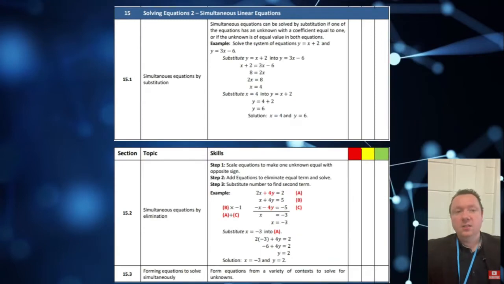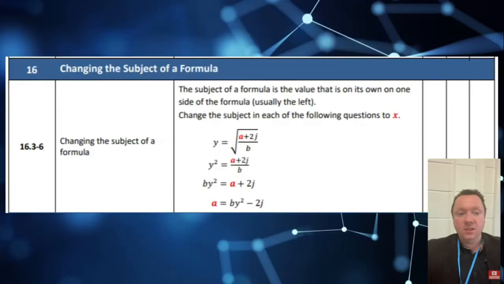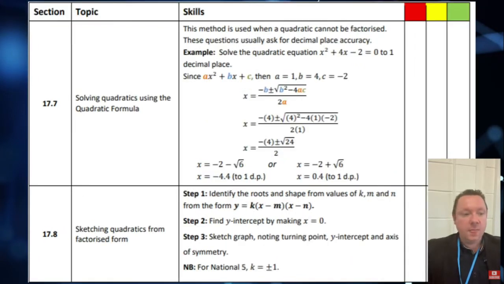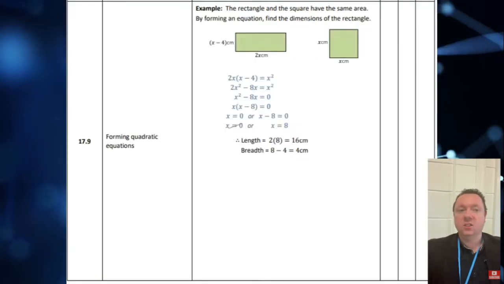Solving linear simultaneous equations is in, either by substitution or by elimination. Changing the subject of a formula is in, as long as it's got a square or a square root. Quadratic graphs, knowing where the minimum and maximum turning point is and what it looks like. Solving them by factorising, quadratic formula, sketching quadratics if they're factorised already, and forming your own quadratic equation and solving